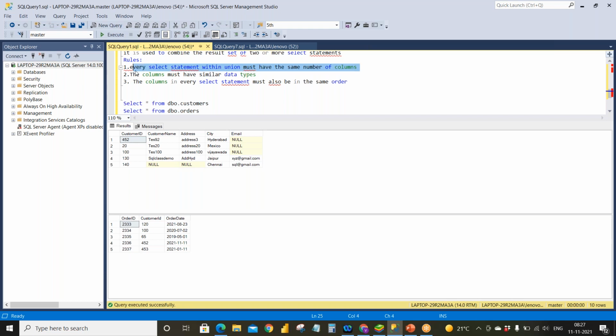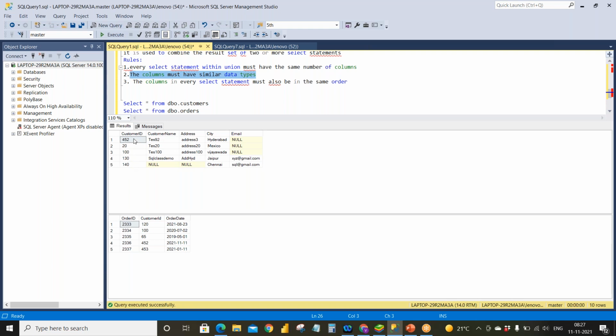The first rule is that, and the second rule is the columns must have similar data types. When you are creating a table, you define whether these columns are char, varchar, string, int, and so on. Suppose for customer ID I want only integers, only numbers, so it will not allow any characters, A to Z, anything.